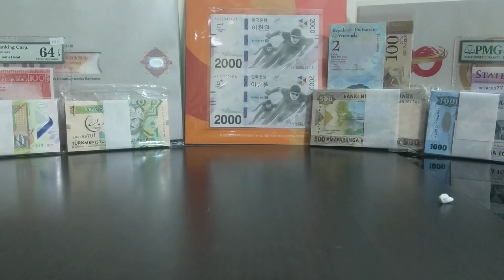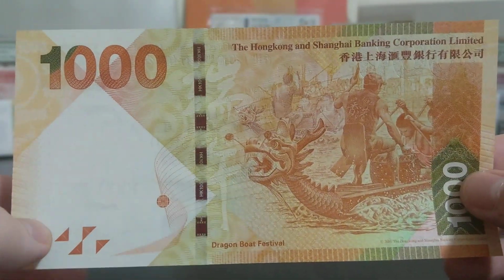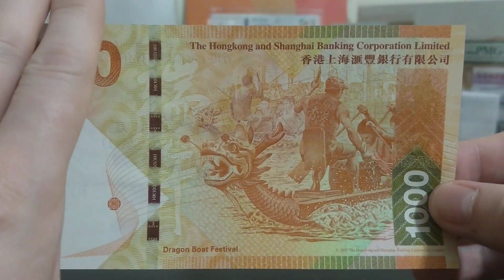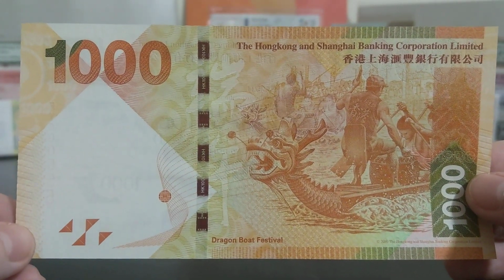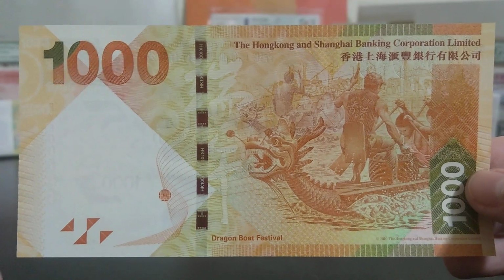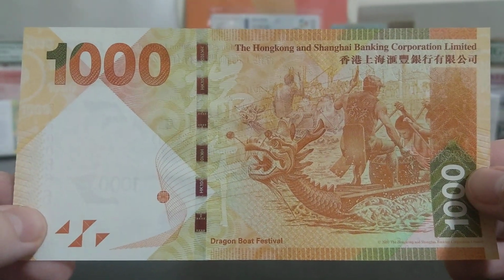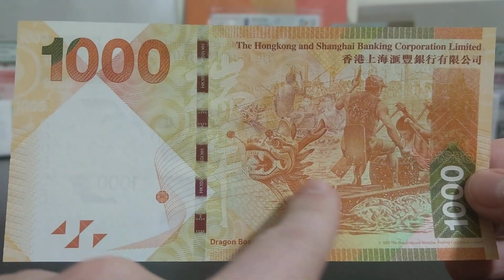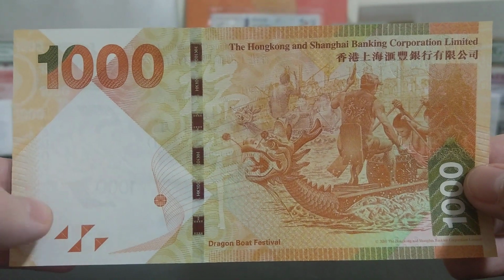Spin it around, look at the back. Look at this, I love this. It's brilliant. Now, okay, ignore the left side, but the right side is fantastic. So what this basically celebrates is the Dragon Boat Festival, which is a public holiday here in Hong Kong, and teams will compete in these traditional boat designs, and some of them are really, really beautifully designed boats,